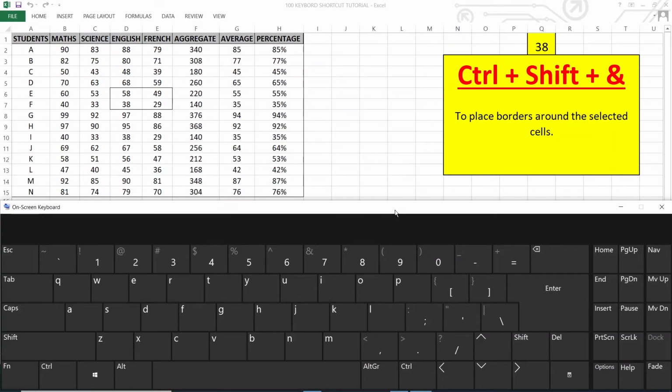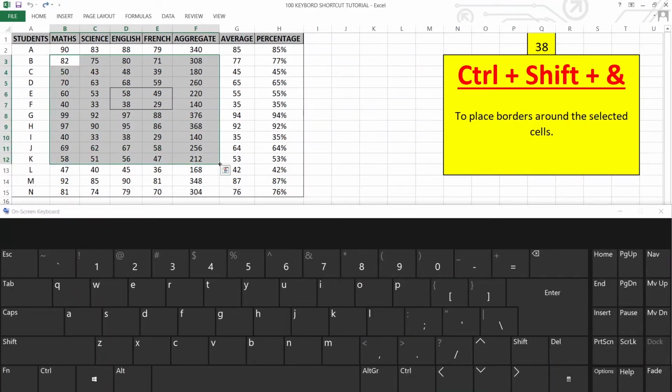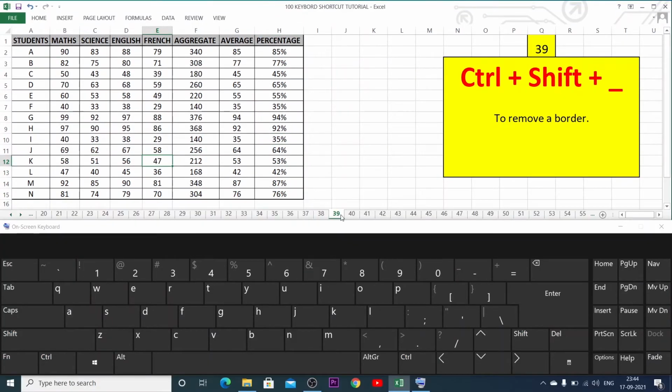Control Shift ampersand to place borders around the selected cells. Control Shift underscore to remove a border.